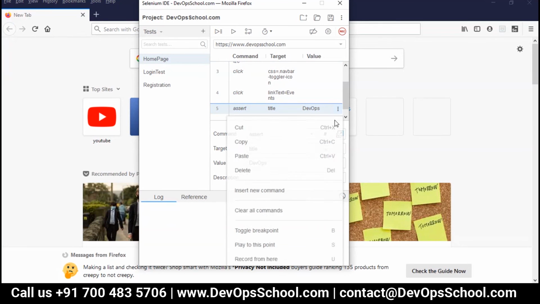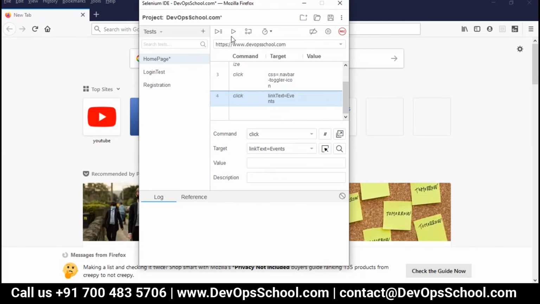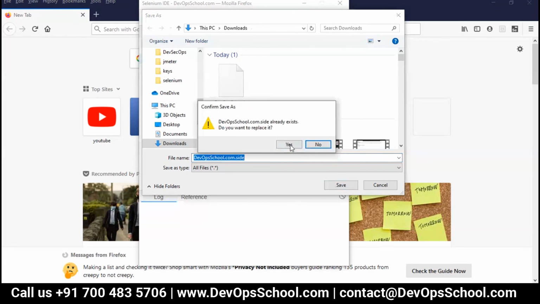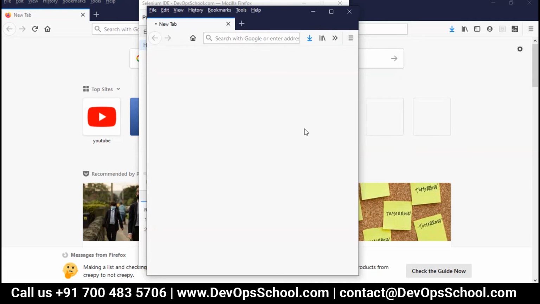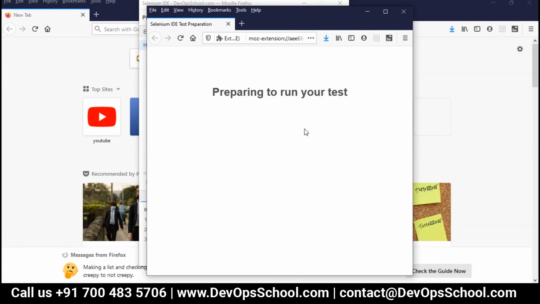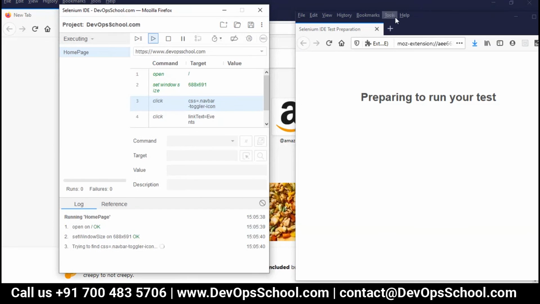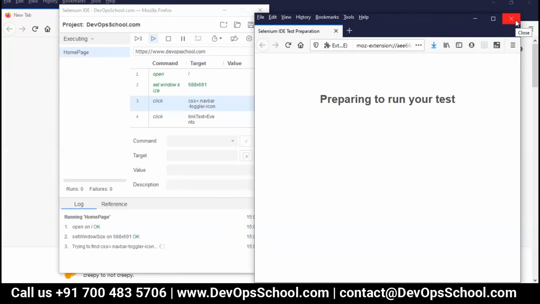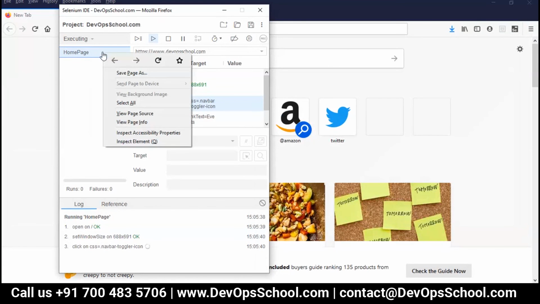So assertion was getting failed. I'll delete this for time being. And let me try this one. So I'm saving this project. Same name. Yes. And running. Why is it happening like this? Okay, let me delete all this thing and start from scratch.